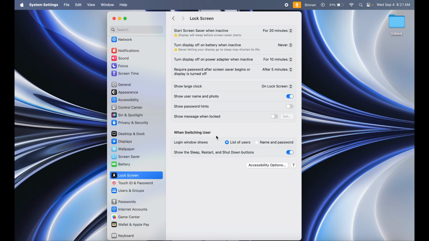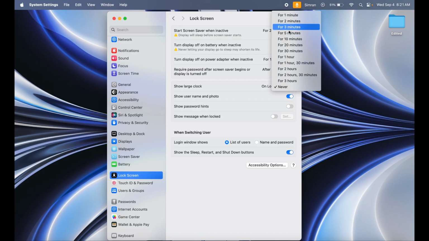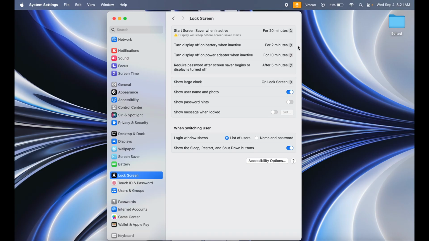MacBook for 2-3 days. And if you want to make it a little less, you can select the time accordingly, like 20 minutes, 30 minutes or else. I'm keeping it on 2 minutes because I like it that way. And after that you can also